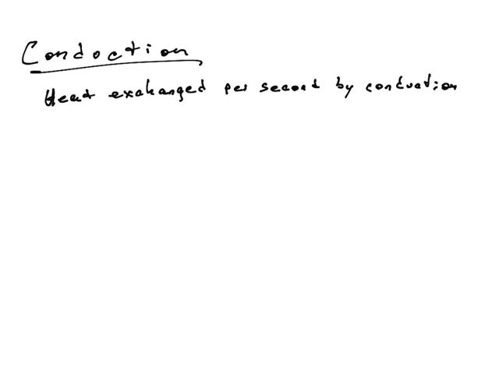The equation we're going to use goes like this. Q over t, which we could call the heat transfer rate. So how many joules per second, how much energy per second flows,